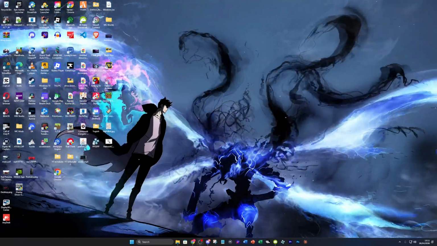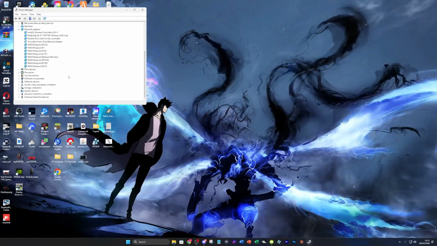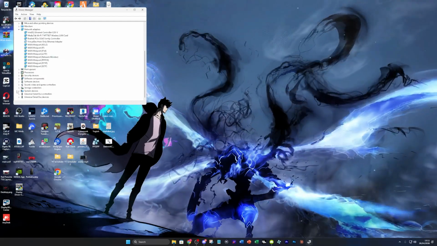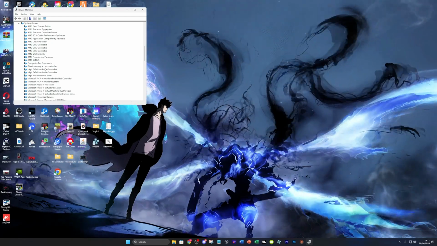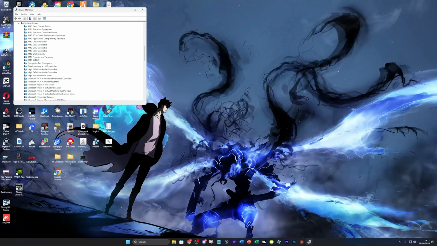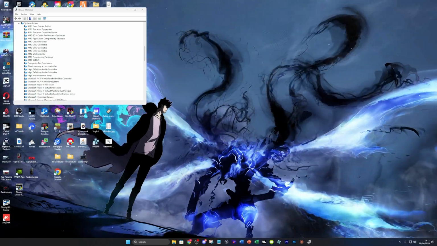So right-click the Start button and select Device Manager, like so, and then what you're going to do is expand system devices, which is going to be right here. It's going to show you all your system devices. Look for ASUS System Control Interface, and if it's missing, you've got to go to the ASUS support website, which